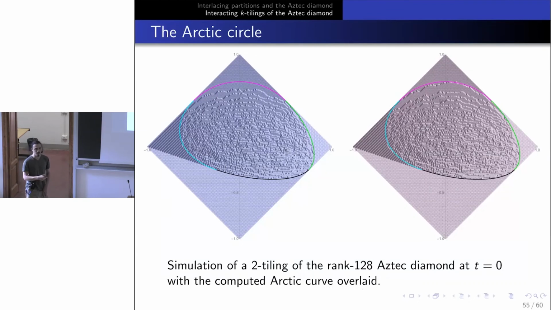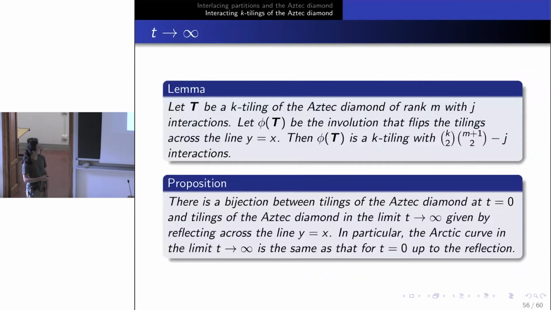And in principle, you could do this for the full limit shape because the bijection tells you how all the paths move. You could keep track of everything that was happening and compute the height function for the 2-tiling. Okay. And we can also prove bijectively some results